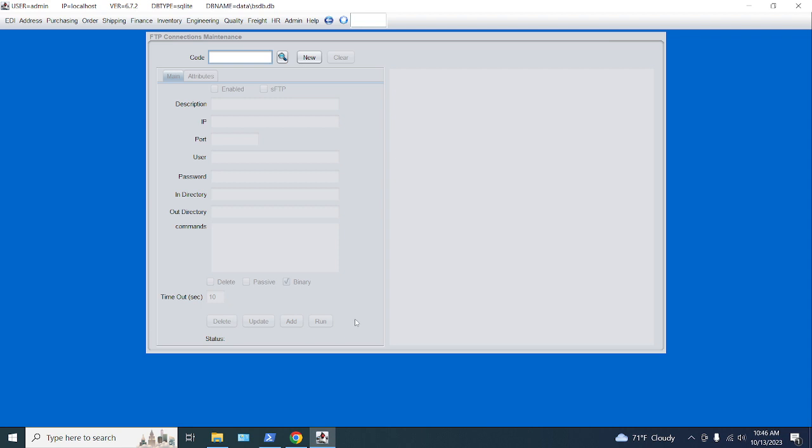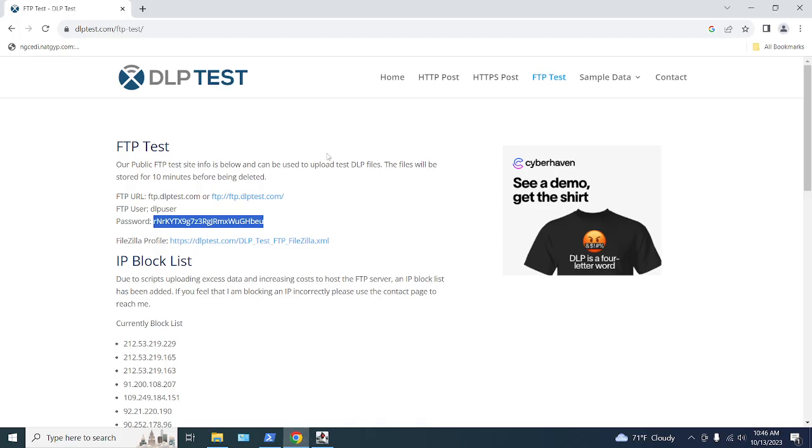This instance is to an FTP server that happens to be available on the web for anybody to use. It's called DLP Test, and as of today, this site is actually working and it's available. And you can drop files on there. Don't expect those files to stay there long. It deletes the files pretty much as soon as you drop them on there. And hopefully the site will be around for a long time because it's very useful. Anyway, we're going to create a test client instance to this server,